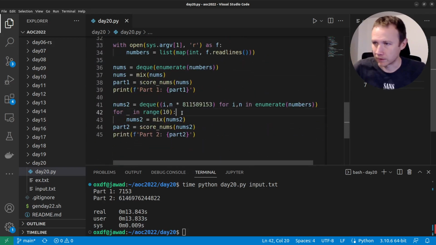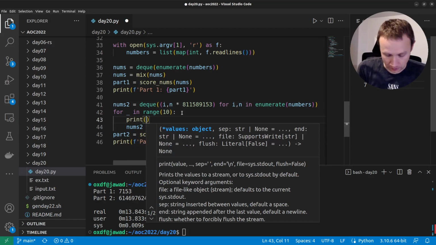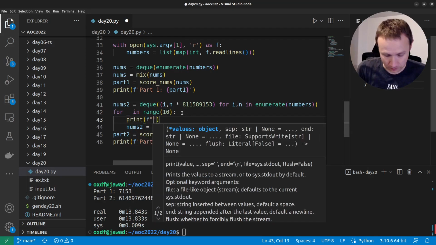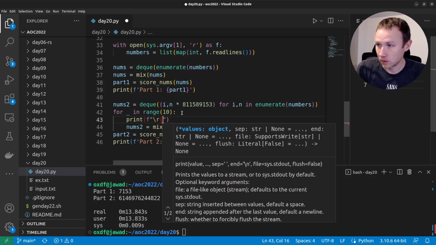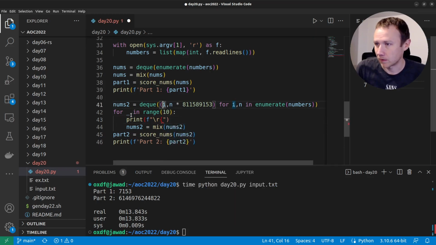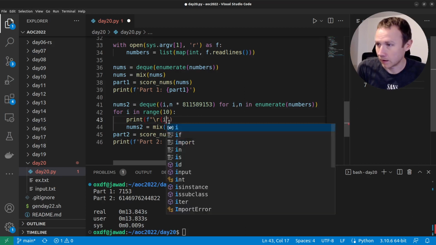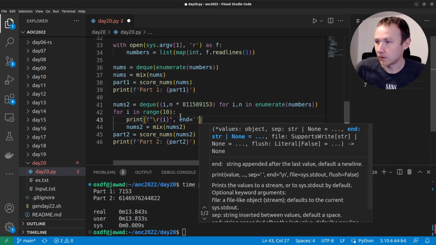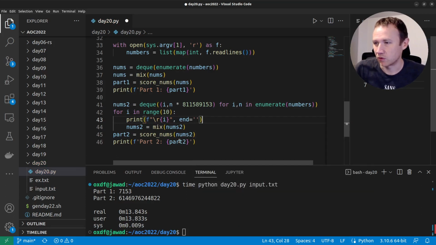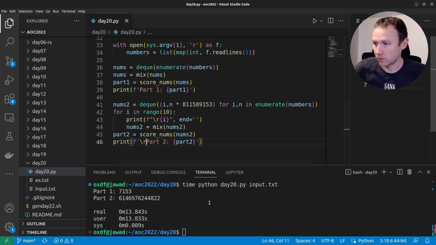So what I'm going to do real quick is put a print. I'm going to get a little bit fancy here and use this \r, which will move us back to the front of the line. I should make this no longer an underscore, make this an i, make that an i, like that, and then we can do end equals there. This will give us a running list of which iteration we're on. So now if we run this again,